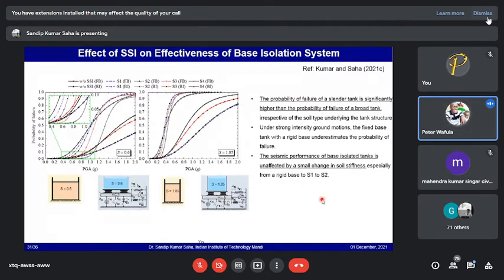Okay. So what are the observations? If we consider the soil structure interactions, it may happen that the base isolated structures may be subject to a higher probability of failure when the intensity of earthquake is higher. Nevertheless, at the lower level, the base isolated, if your area is